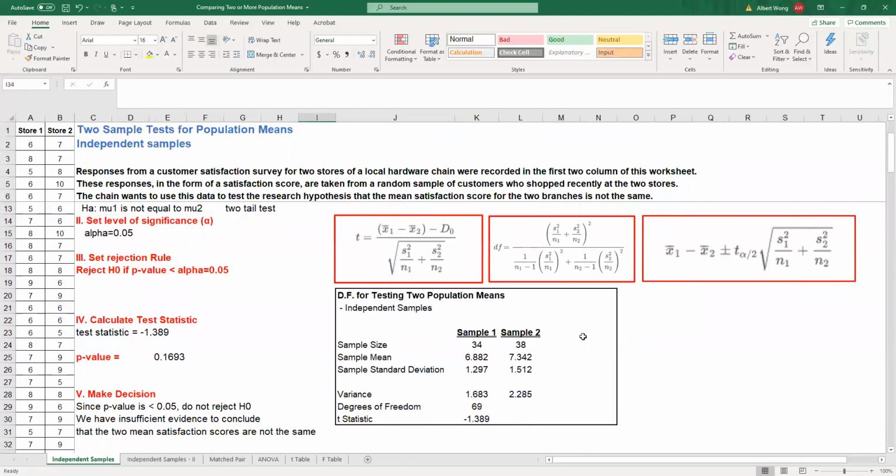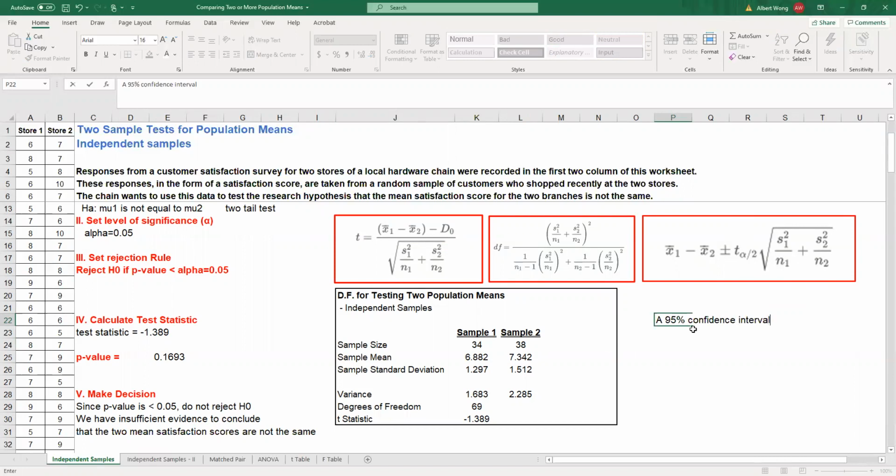The last thing we want to show you is how to use the data to construct a confidence interval. The formula for constructing a confidence interval is very much like the test statistic. You compare the sample means, and then you have the margin of error. The margin of error involves the t critical value as well as the estimate of the standard deviation. So in our problem, if you do a 95% confidence interval,